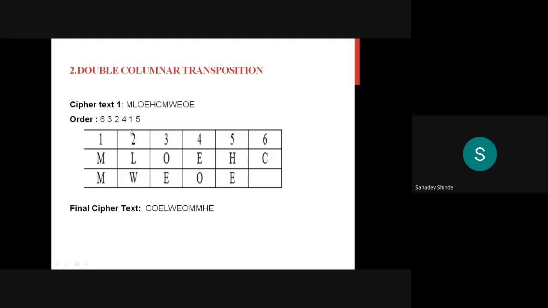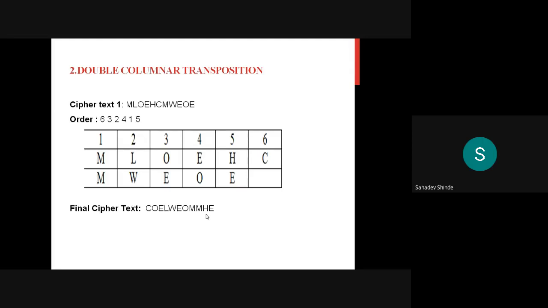First the sixth column, that is C. After that the third column, O E. The second column, L W. The fourth column, E O. The first column, M. The fifth column, H E. The final cipher text we got is C O E L W E O M M H E. Like that we can repeat the simple columnar transposition technique multiple times. These are very simple algorithms.